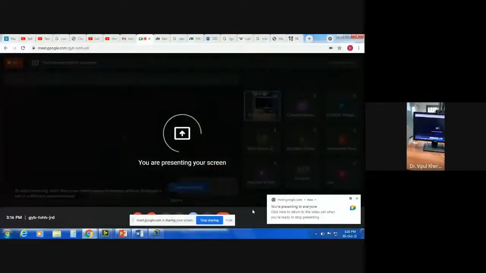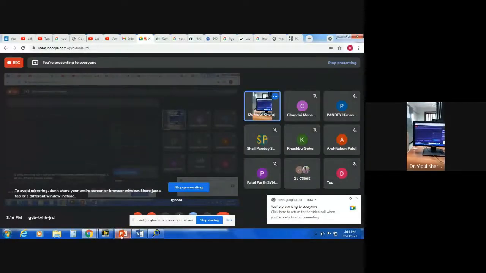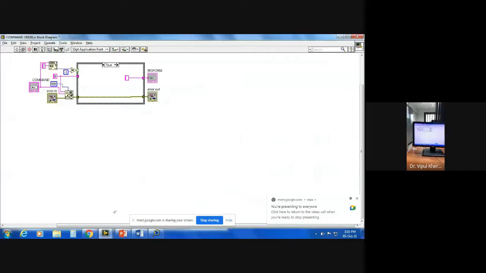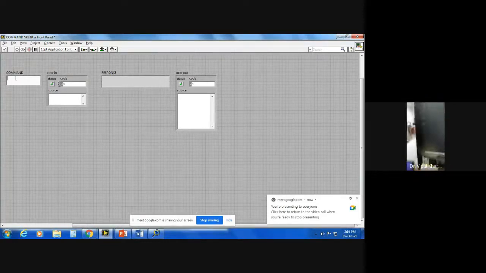All right, so I'm sharing my screen as well. For example, I want to write a command like there's something called sensitivity. This is sensitivity.